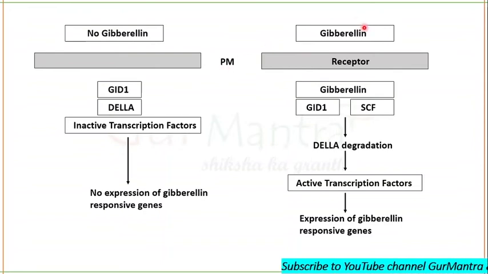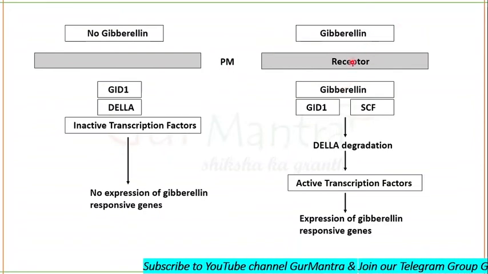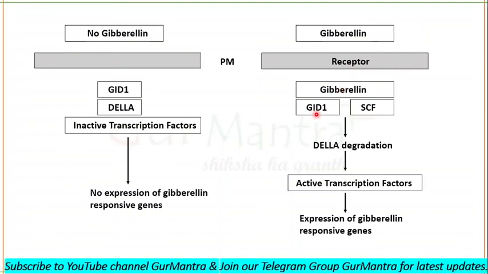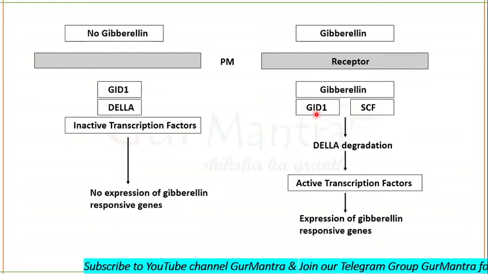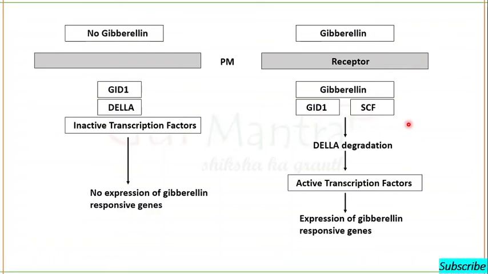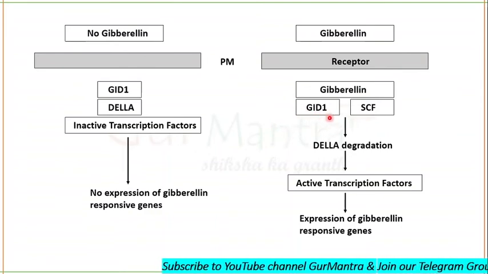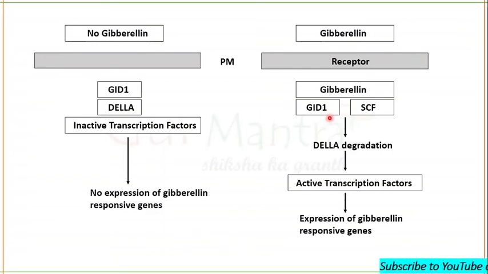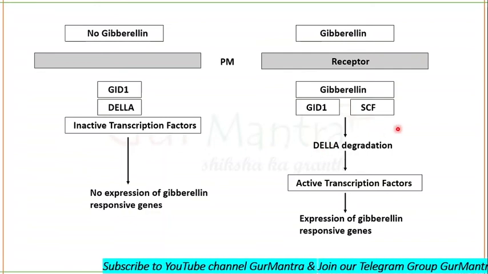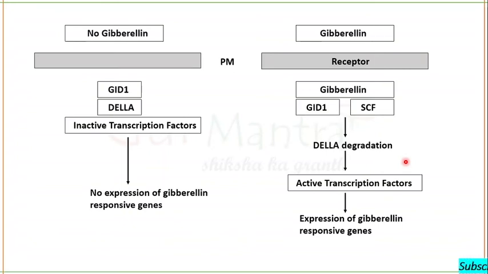Okay, great. So this is gibberellin. Gibberellin will then bind with its receptor, as we read in auxin receptor, that is an F-box protein. GID1 is also an F-box protein. It is also a component of SCF. Now, gibberellin will recognize DELLA protein, and GID1 will cause ubiquitination of DELLA proteins, which then will be targeted to the 26S proteasome and will be degraded. When DELLA proteins are degraded, transcription factors are now active, and gibberellin responsive genes will be able to be transcribed.